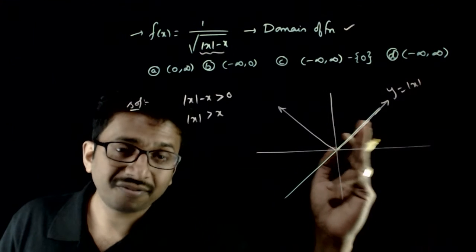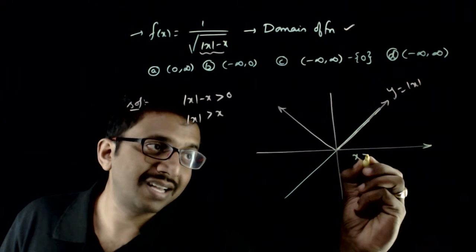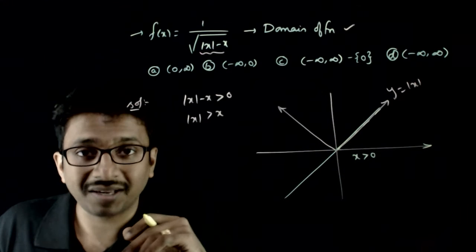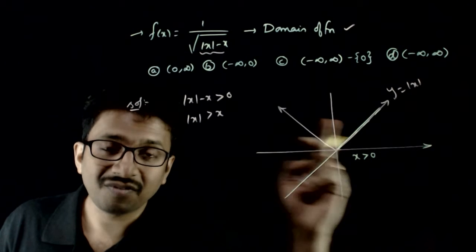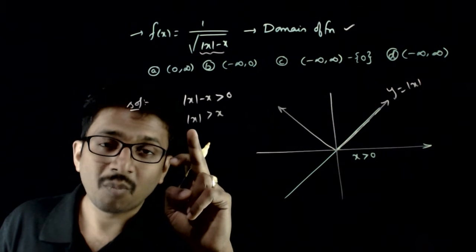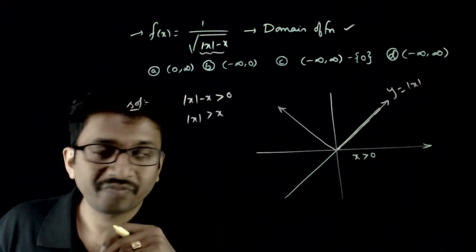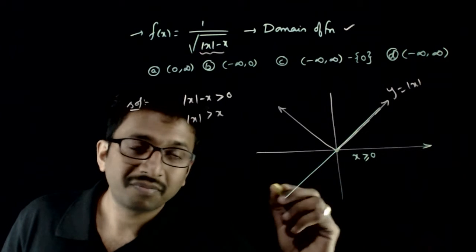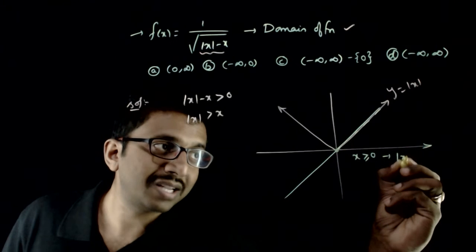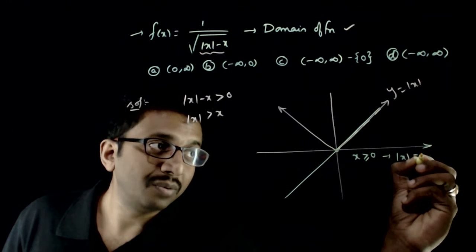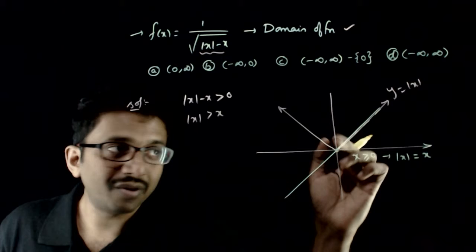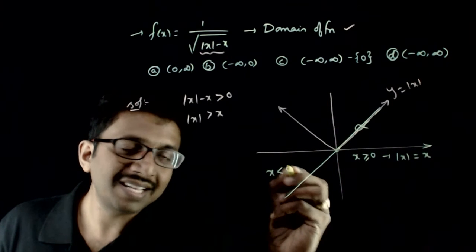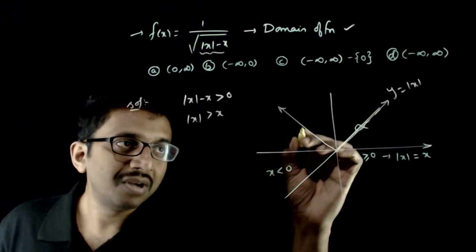And in the positive x, as x is greater than 0, mod x will be equal to x. But I want mod x to be greater than x. So when x is greater than or equal to 0, mod x will be equal to x, right? I don't want this. And when x is less than 0, when x is strictly less than 0, mod x